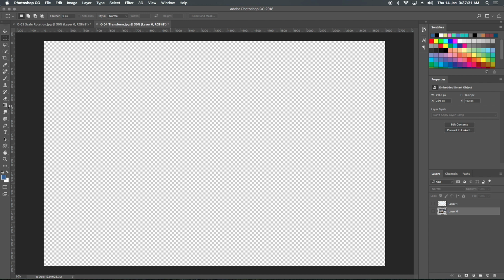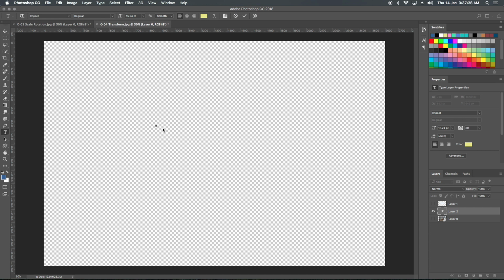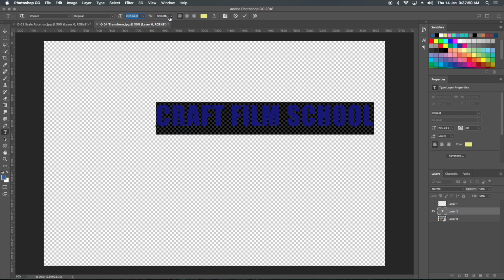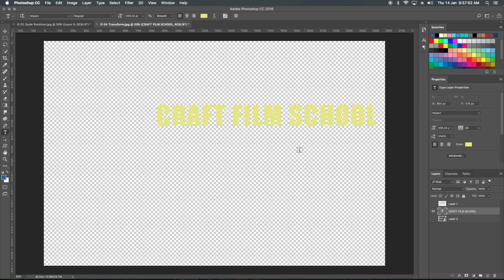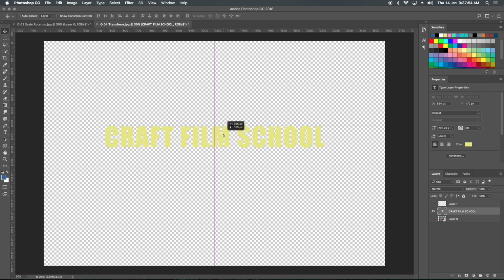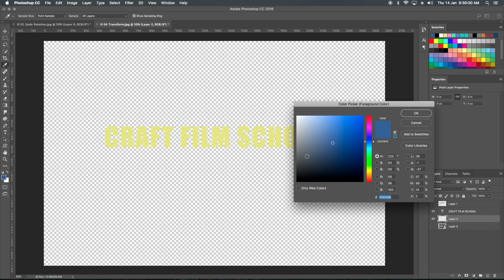Let's come to text. Let's type some text now. On the top I want to increase the size, I'll increase the size. Okay, let's put one solid color behind, let's say black.